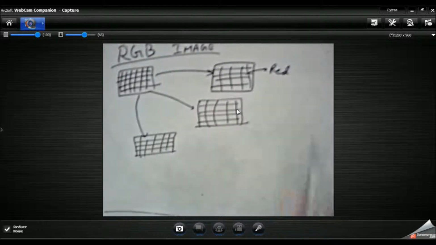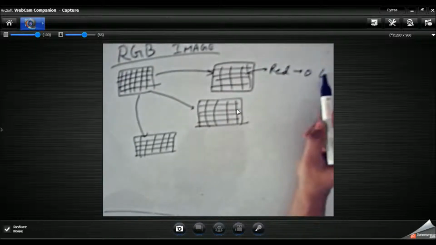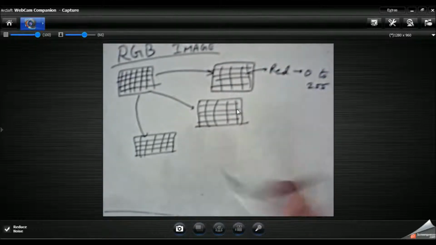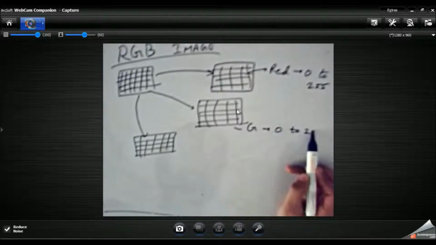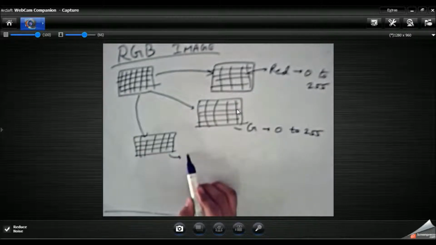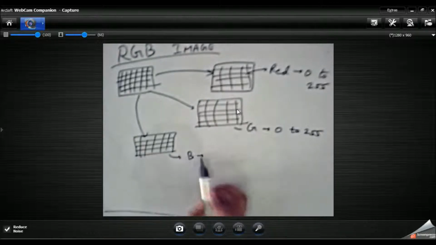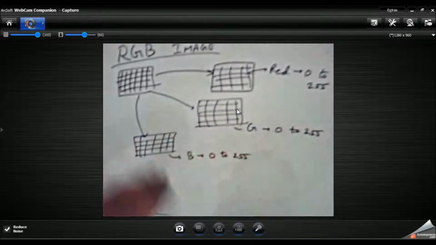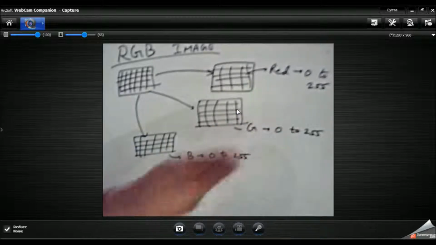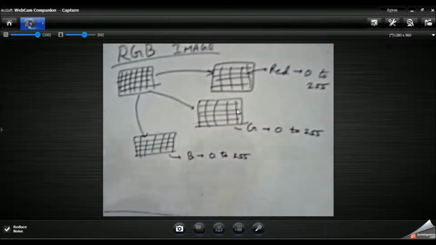Here, the intensity of red color varies from 0 to 255. Similarly, for green color, intensity varies from 0 to 255, and the same for blue color, 0 to 255. So we can have a large number of permutations and combinations, and we can combine the values of red, green and blue in different ways to produce many colors.